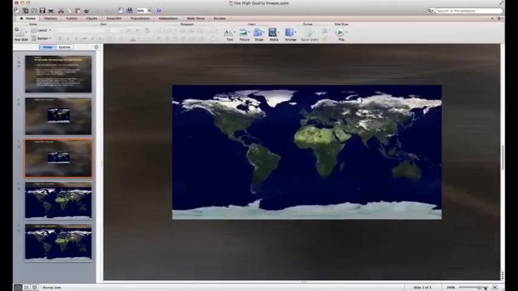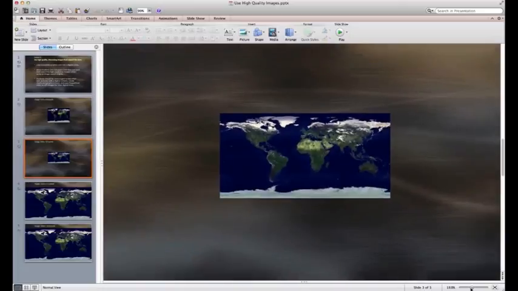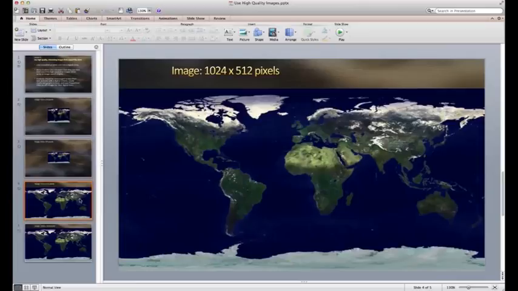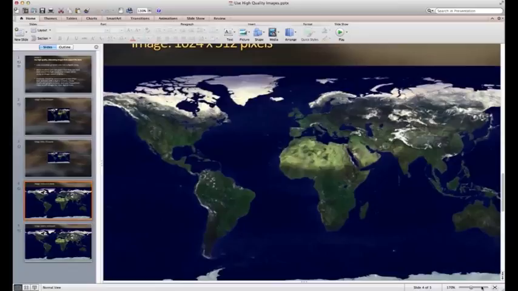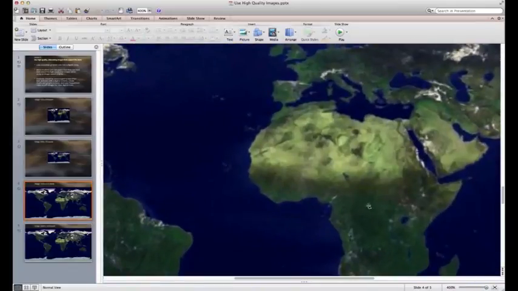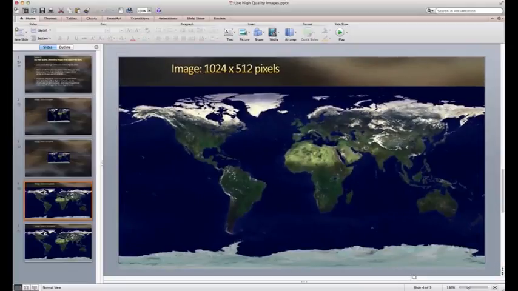And again, when we zoom in, we can see that the detail is completely lost and it doesn't look good at all, even at that resolution. Next, we found a similar image that's 1024 by 512 pixels, and that number looks pretty good, at least the 1024, but when we zoom in on this one, we see not quite as much loss of detail, but still blurred and fuzziness in the detail. So even a high number like 1024 by 512 is probably not good enough for what we want